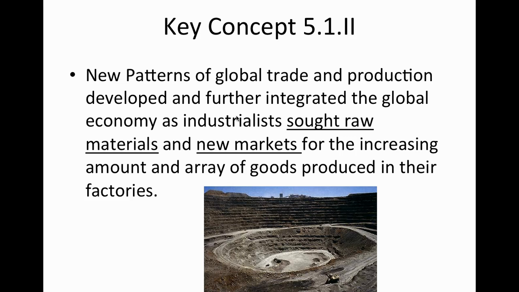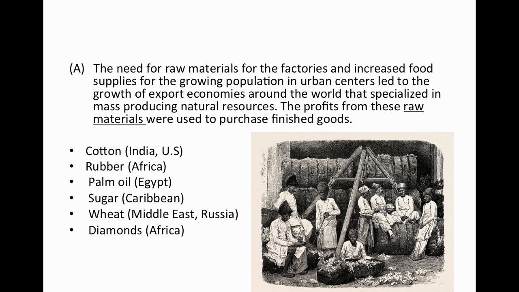So as the British started to expand, even the United States, the Japanese, they needed to go outside of their boundaries to find more coal or other products like cotton, especially for the English, and also a place to sell their finished goods, those goods that were being made in factories. So basically, you want to be able to identify some of the products that were coming out of Africa or Asia. And again, those raw goods were sold to Europe in exchange for finished goods. Europeans would obviously use these goods in their production.